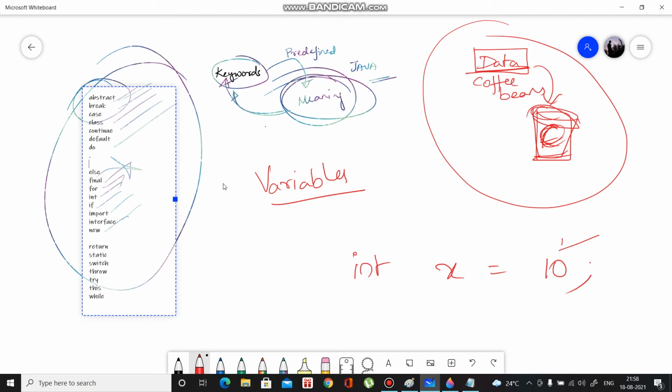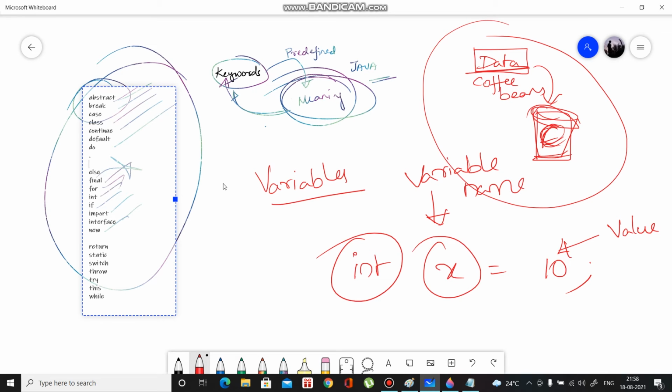Here 10 is the value, x is the variable name, and int is nothing but a data type. This is how you need a variable to store a particular value.